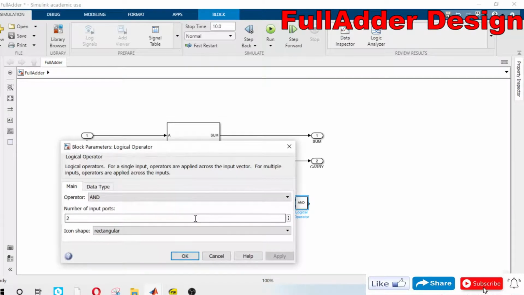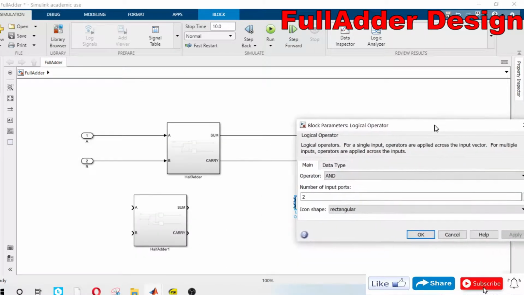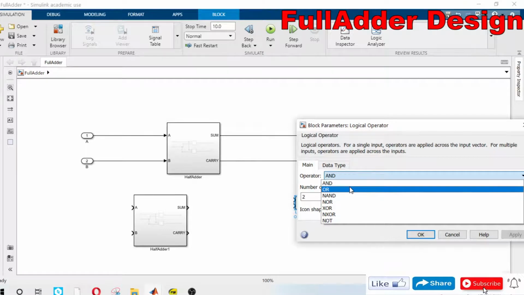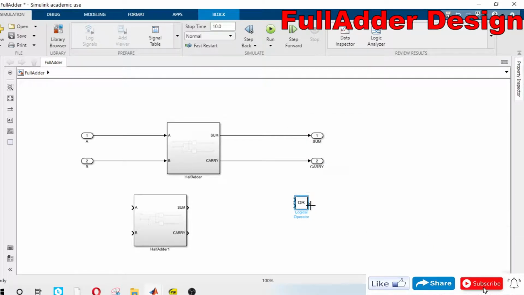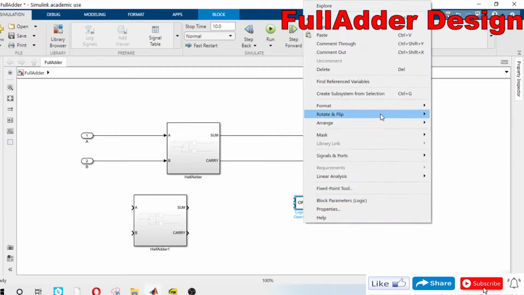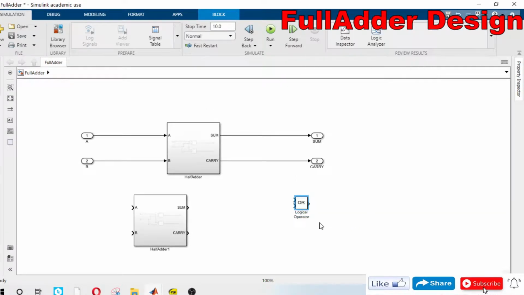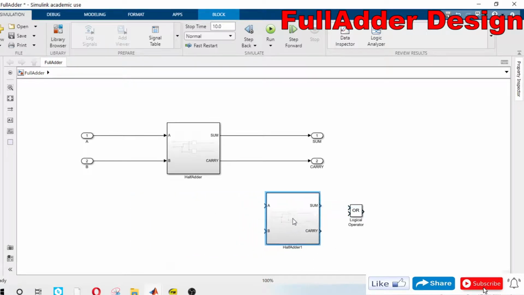This should be OR gate. Just double click on it, it will show the block parameter and select OR. Right click, I will make the block name visible. According to our requirement, we connect these.